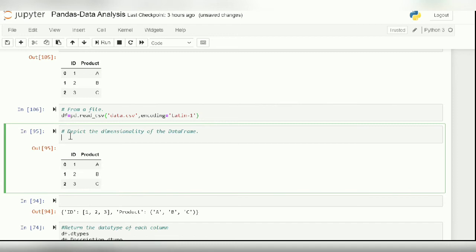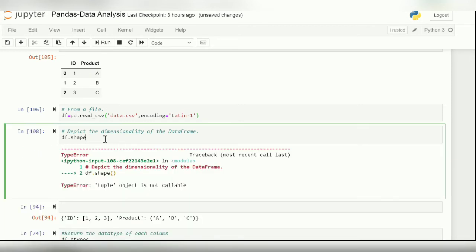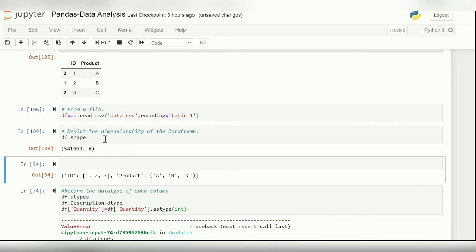Now let's see what the contents inside this data frame are. This will create a data frame, because it has multiple columns. Now to depict the dimensionality of a data frame, we have a command called df.shape, which will tell you how many rows and columns there are.